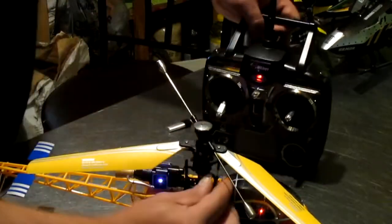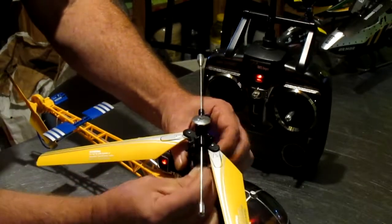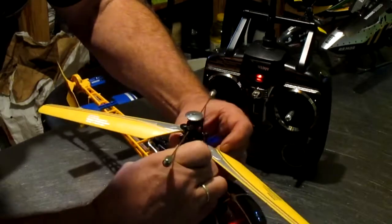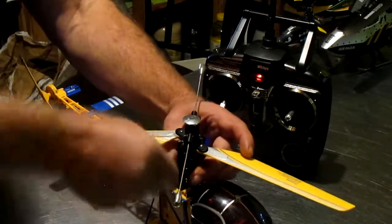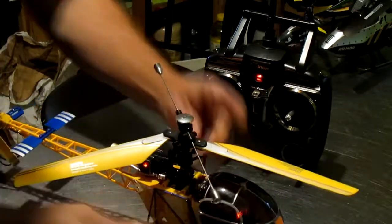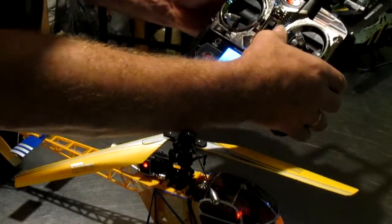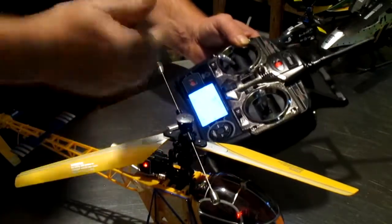So once again, you've got 2 notches up. What you'll do is 2 half turns. You'll pop this off by simply twisting it and pulling out just a little bit. If you've got fingernails, it really works well. Then you twist it a half turn, or 1 full turn, and pop it back on there and reset your transmitter to 0. And then whenever you give it a flight test, you'll know if it needs more